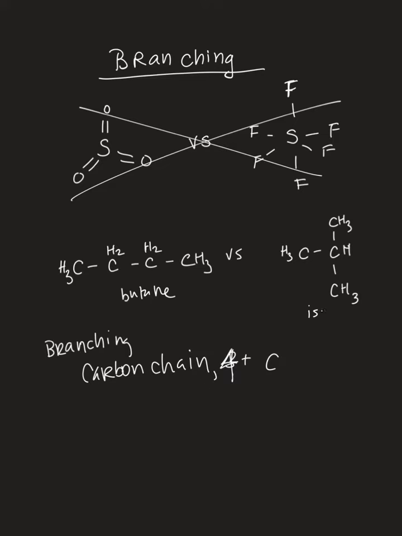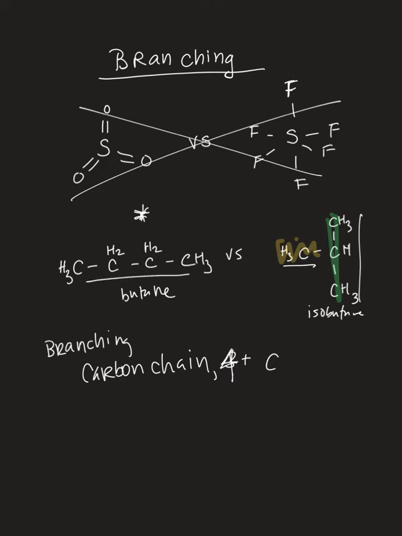Over here, we have isobutane. What that is, we have 1, 2, 3 carbons in a line. So you have 3 carbons in a line, and then we have 1 carbon coming off. So that is an example of branching, because you have a carbon trunk and then a carbon leaf coming off it. And in this case, this molecule is an example of linearity, so that chain is linear,